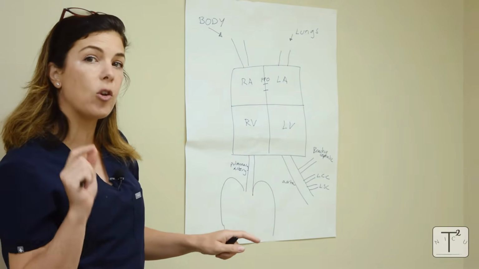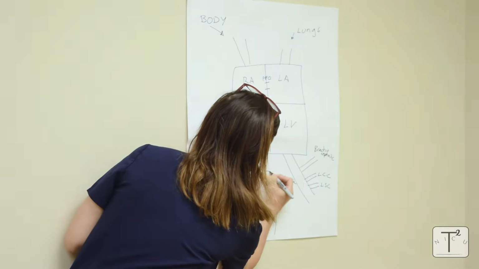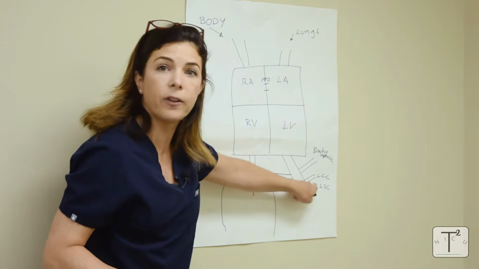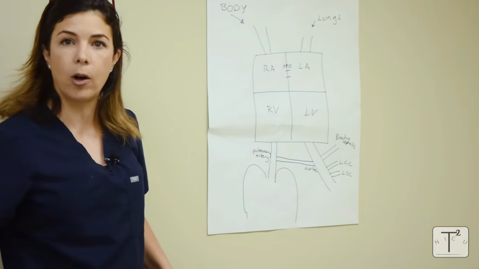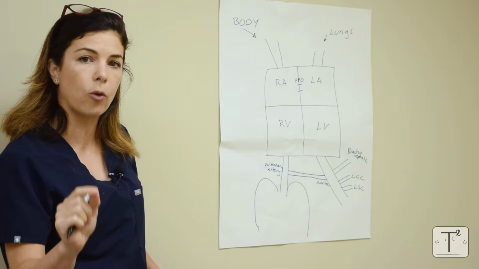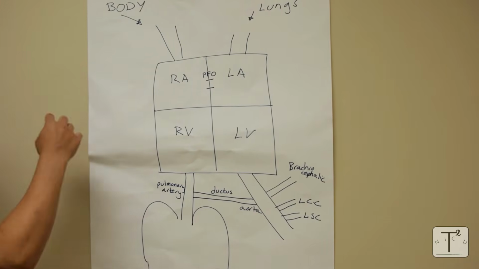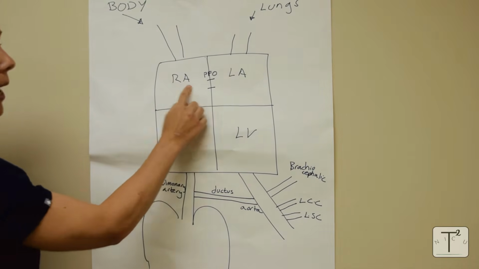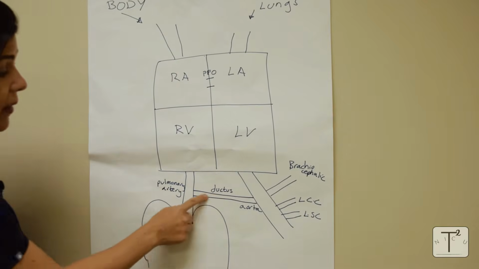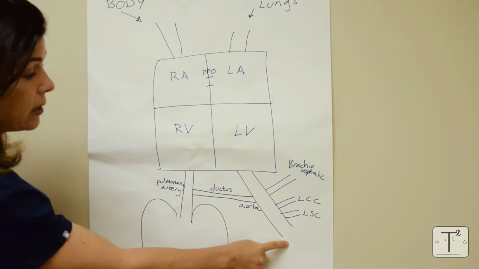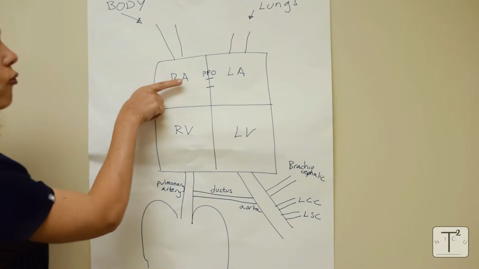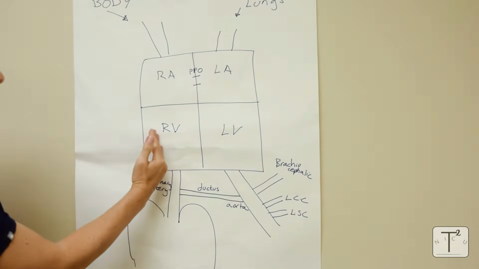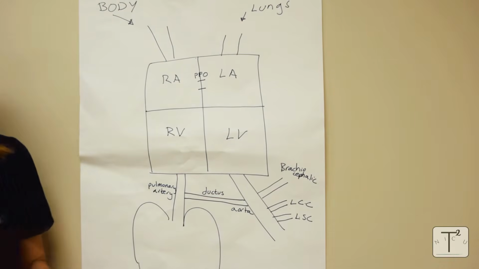And look where the ductus normally arrives. The ductus normally goes and joins the aorta slightly after the takeoff from the brachiocephalic artery. And I'm going to go over in a second why that's so relevant. So in utero, the blood that's coming back from the body is being shunted mostly either at the level of the atrium through the PFO or at the level of the ductus from the pulmonary artery into the aorta. These are considered right to left shunts because they're going from the right side of the heart to the left side of the heart. After the baby is born,